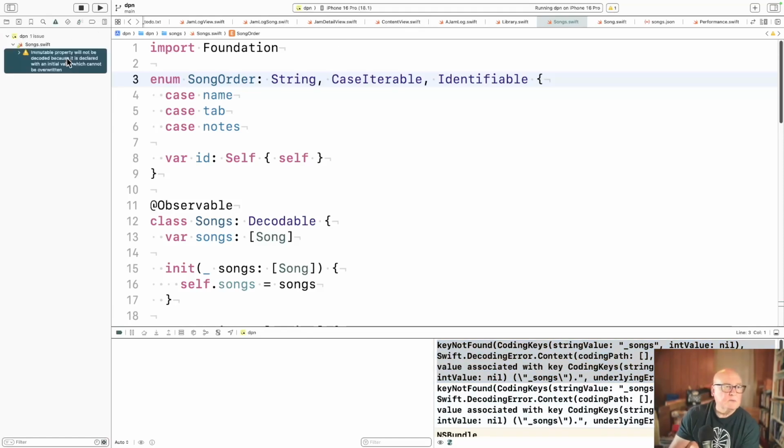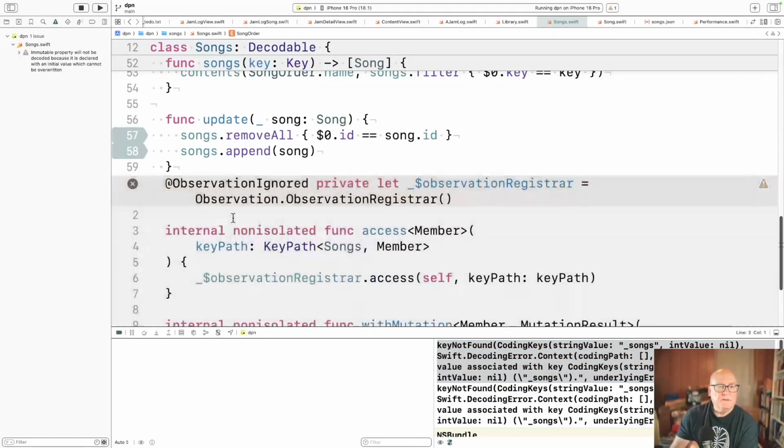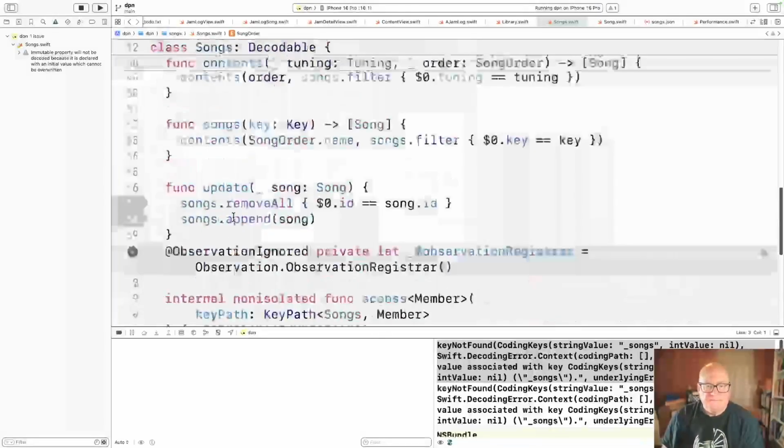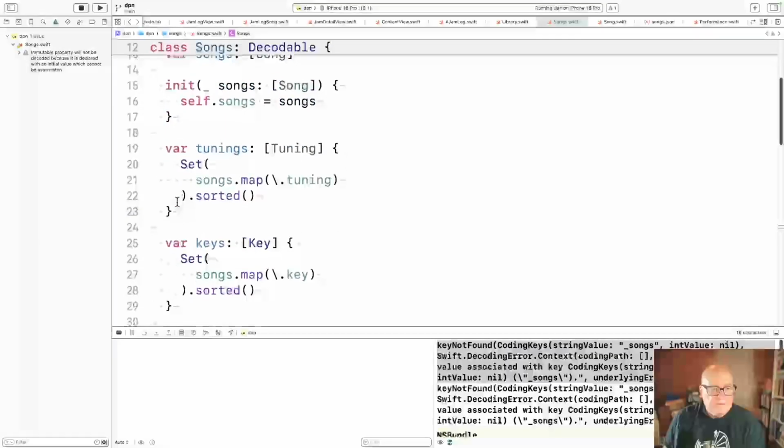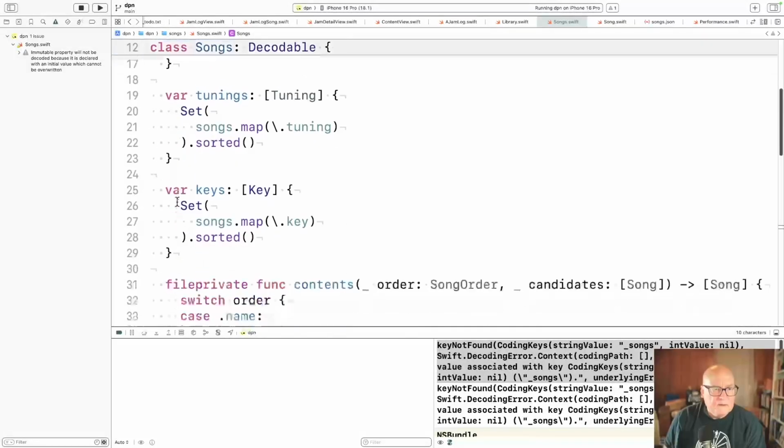Got a warning. Immutable property will not be decoded because it is declared with an initial value which cannot be overridden. Observation ignored. var songs.